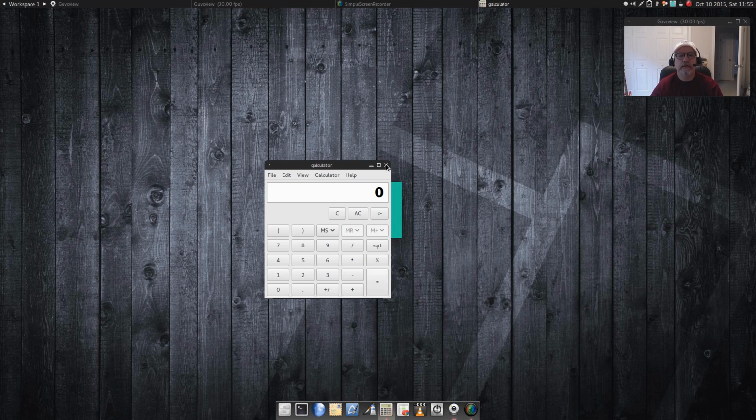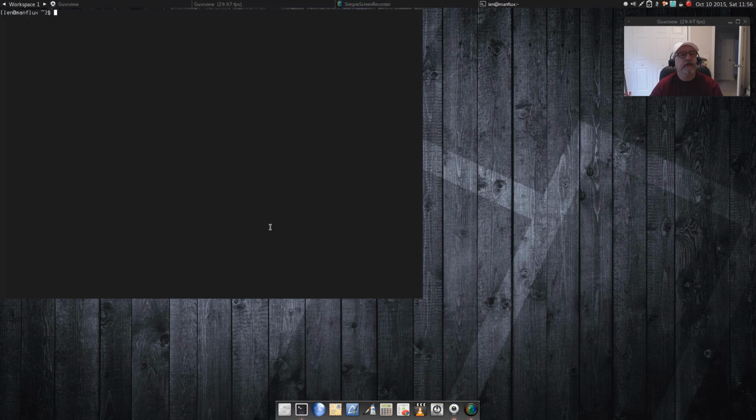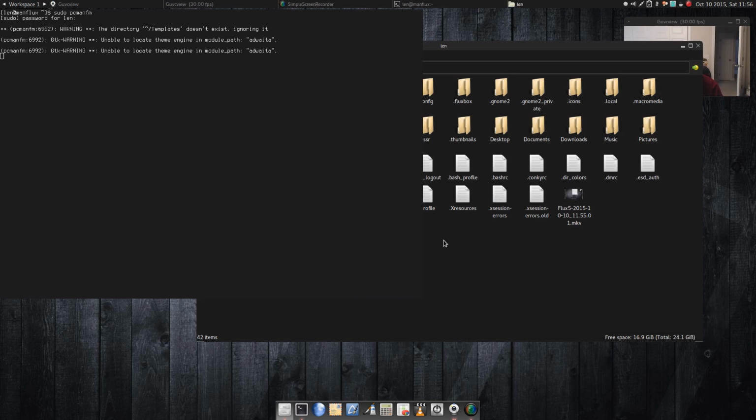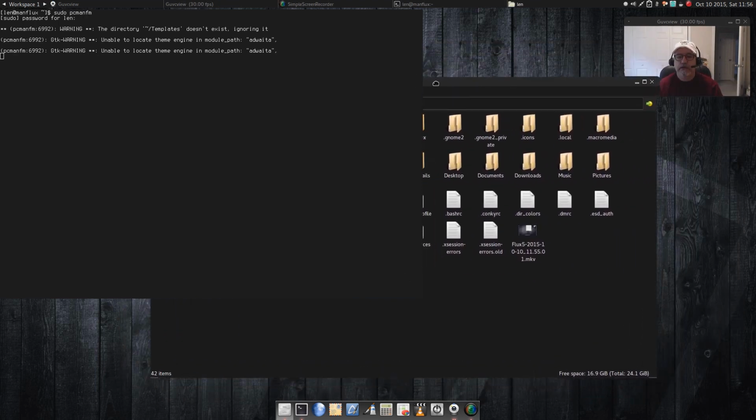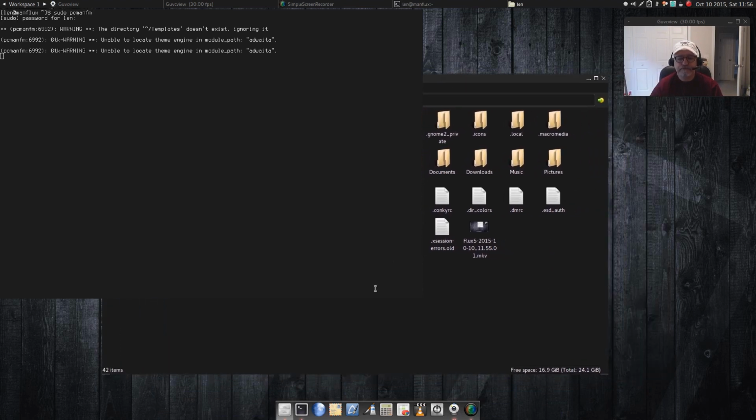Now the other windows, calculator. Now the weird thing is that if I have gone to a light theme, and if I open up File Manager, it's stuck behind and I cannot move it to the front. If I open File Manager, it's dark theme. It's not in accordance with the light theme that I have. As you can see, if I open,